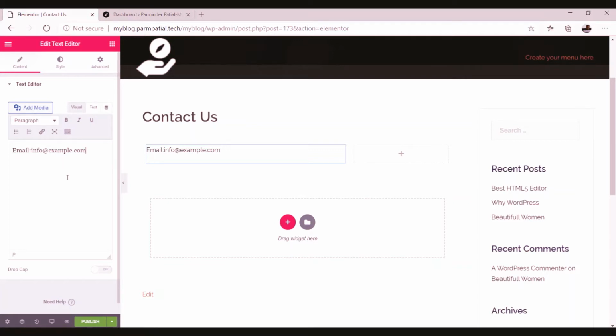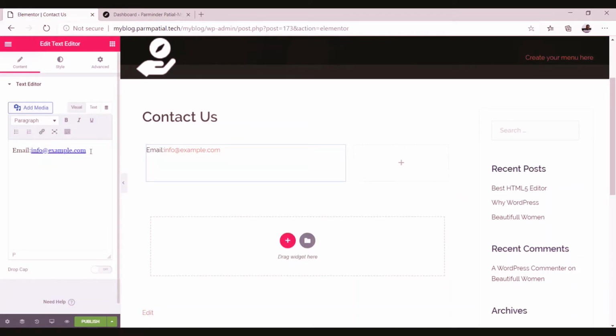If you want that somebody clicks on this and is able to send an email to you, simply make a link to this. In order to make a link, select this section, that is your email section, and click on this button, that is insert or edit link. And here you have to use the URL as mailto, and then give your email ID on which you want to get the email, then click on the apply button. So this way you will be able to add the email.